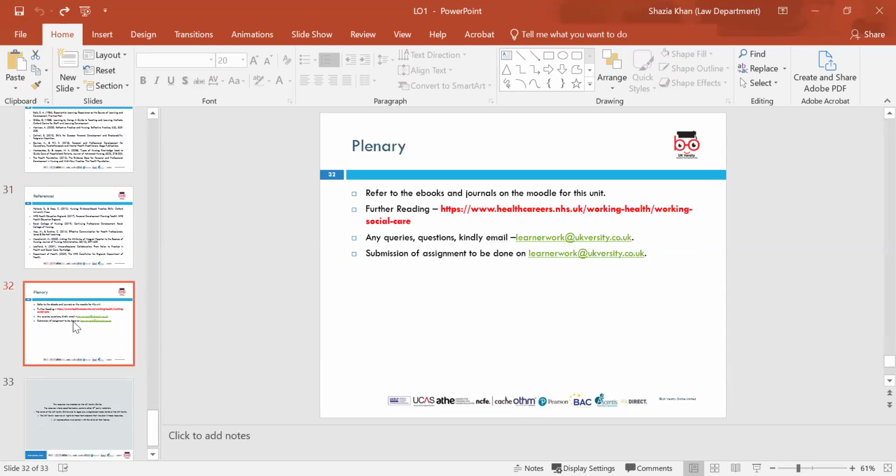If you refer to ebooks and any sort of journals on Moodle for this unit, and all the recordings will go on Moodle. I've put a link there for any further reading that you want to do about working in the healthcare profession, what kind of jobs there are, and what qualifications and skill set you need. So that's a really good link. Have a read around that. It's a link to